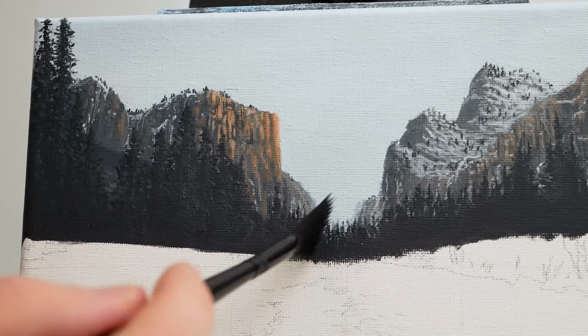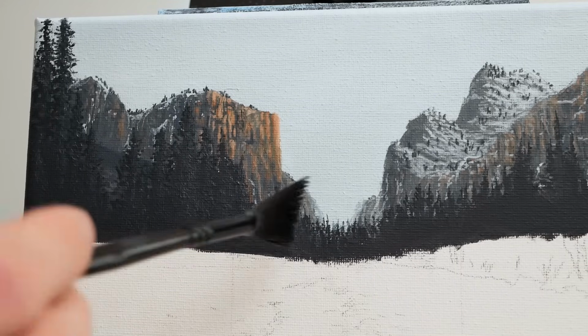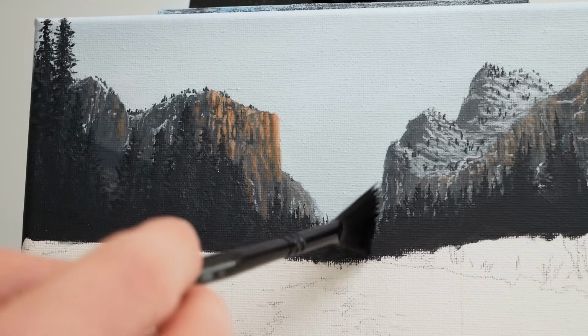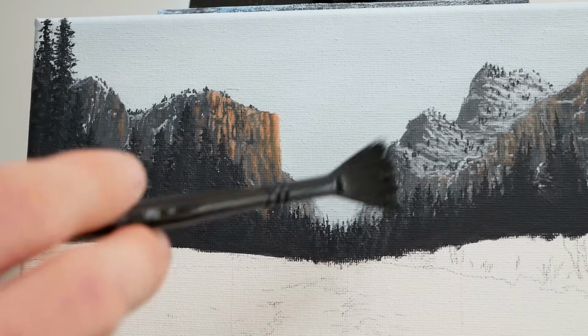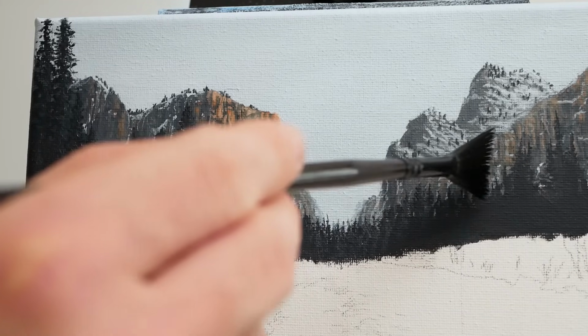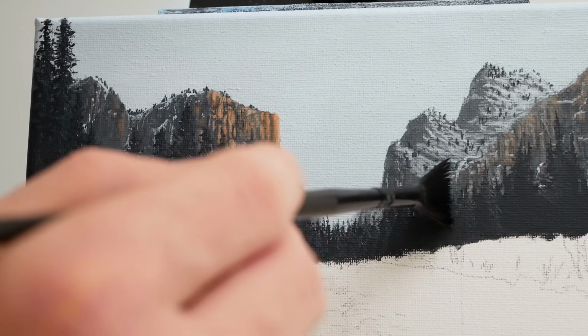But the idea is I just want a less opaque, less noticeable marking, despite the fact that this is all very non-noticeable anyway. It's meant to be that way. It's how we keep it subtle. Now when we get over to the right-hand side, I'm still applying this intentionally to the right-hand side of my trees because